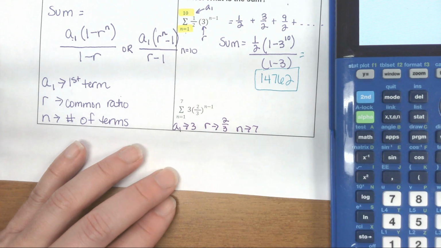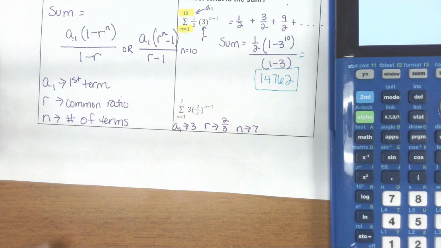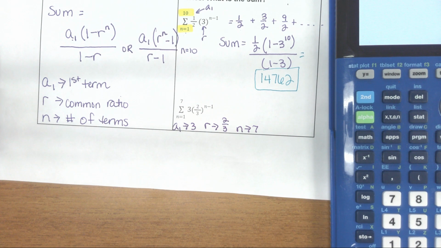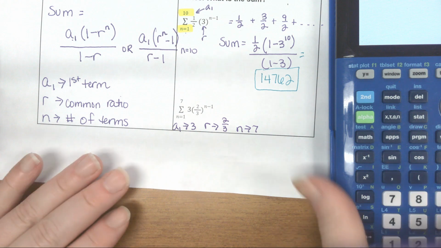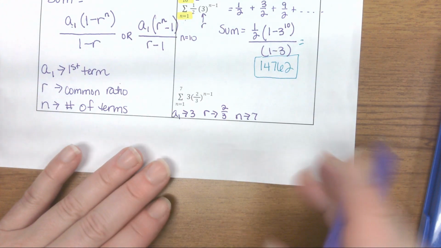Okay. So checking in with me, I got 3, 2/3, and 7. Did you get the same? Okay. So when I'm using my shortcut formula,